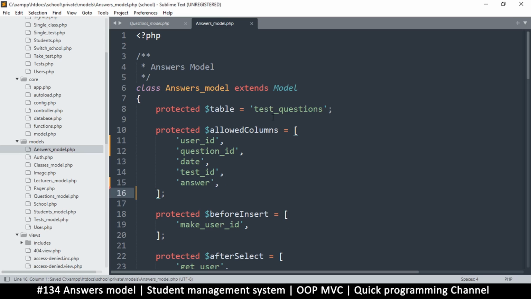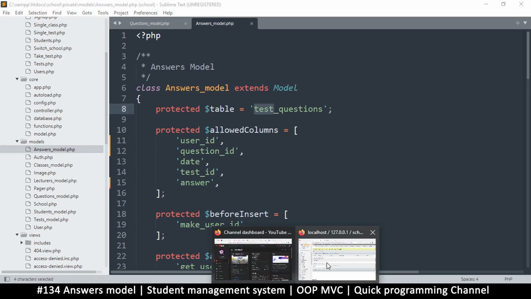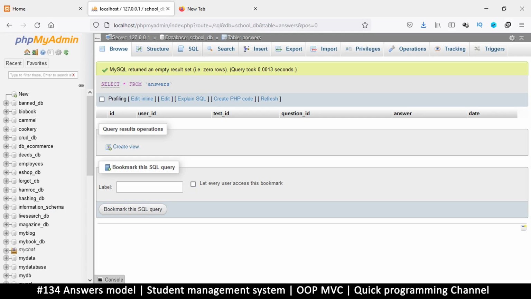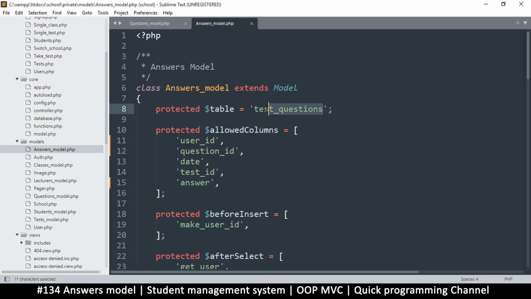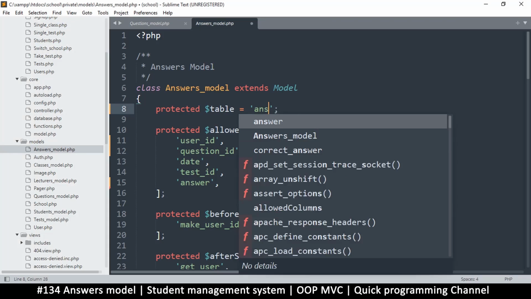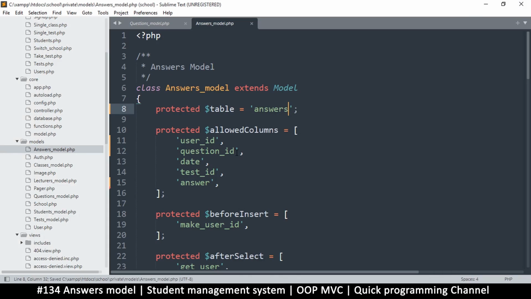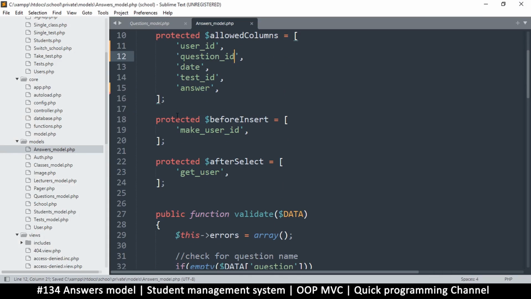And so we save that, and this is the table that we are looking for: answers. So let's change that appropriately. Answers. Okay, so before insert we may want to